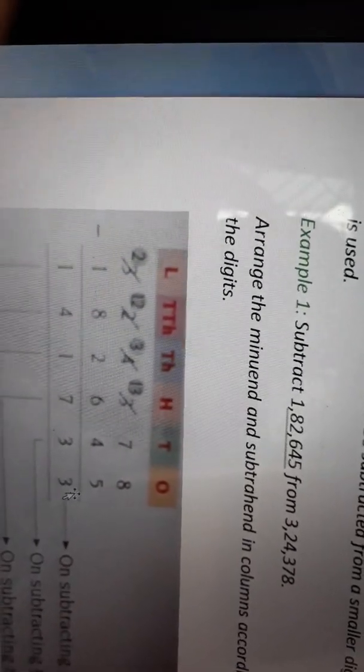But now it is no longer 3 lakh, because we have already taken 1 lakh. So now it is 3 lakh minus 1 lakh, which means 2 lakh. 2 minus 1 equals 1. So in this way we can solve these problems. When we are facing any numerical where we subtract a larger number from a smaller number, at that time we use the borrowing method. So the borrowing method is done this way. Okay, there are many examples here. Let's see.